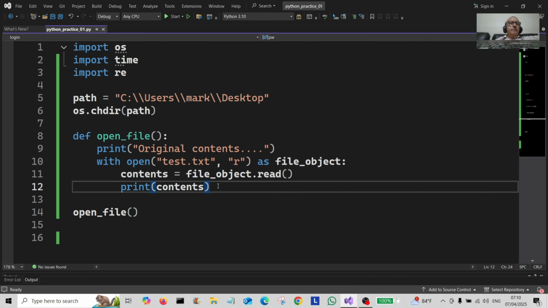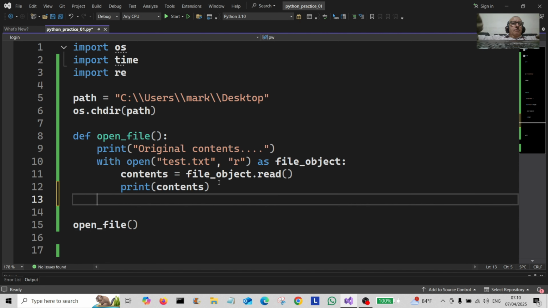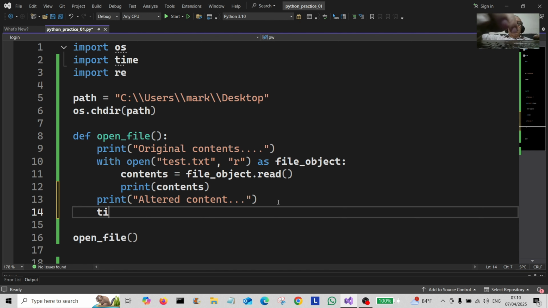Okay, what we're going to do is print out another message to the user telling them what's happening. So that's going to be altered content, and we're going to use the time.sleep here. So we're going to pause the program for 1 second,